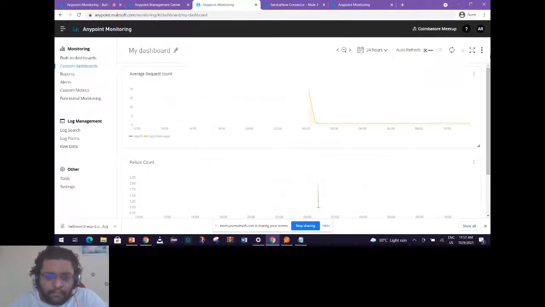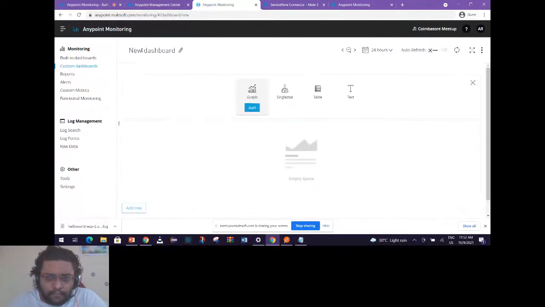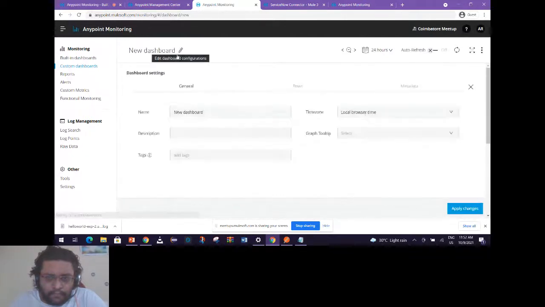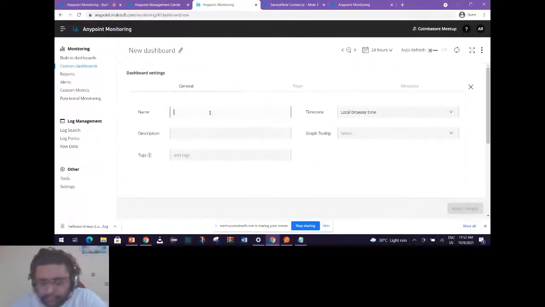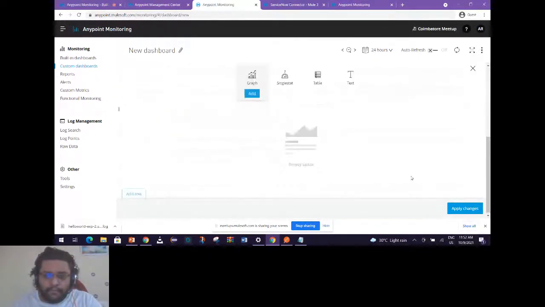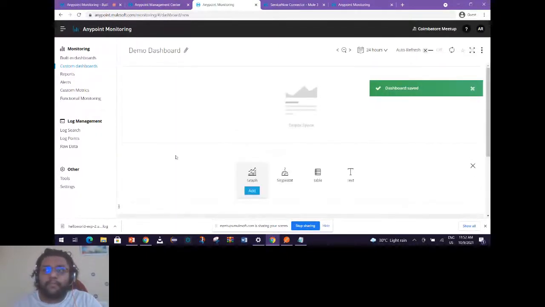So let's create a new dashboard. To create a new dashboard, you can go to the new dashboard option over here, and you can name it. Then go to add row.